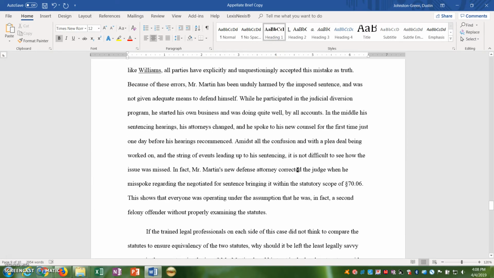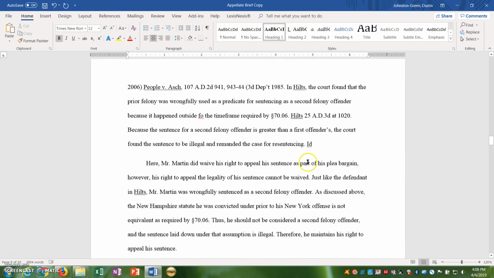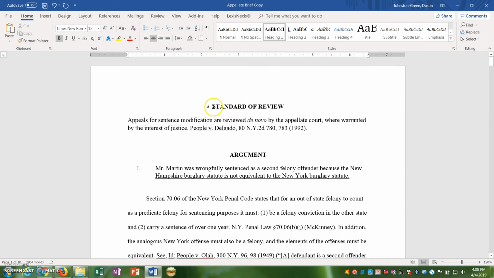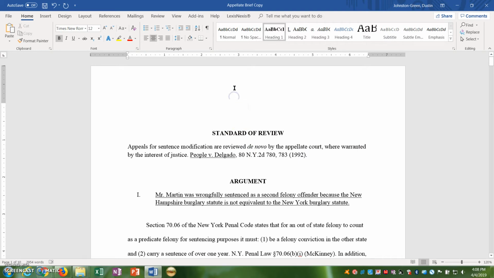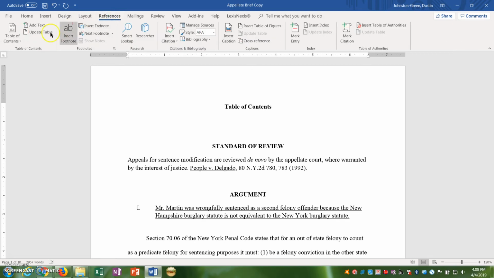Now we've tagged all of the headings in our paper, which means that we can insert our table of contents. Let's go ahead and add a couple lines here, go up with heading 1, table of contents. All right. Now, we will go to References, Table of Contents,